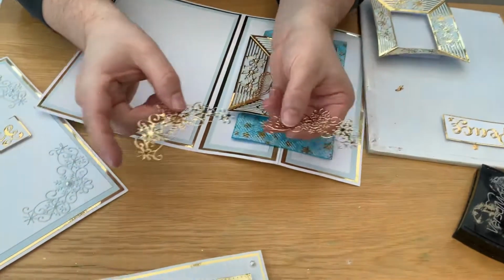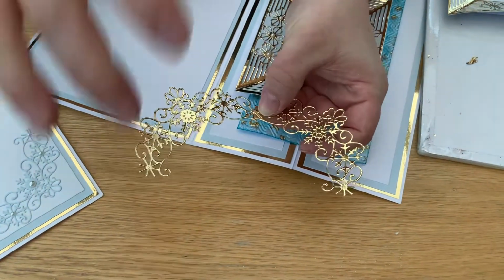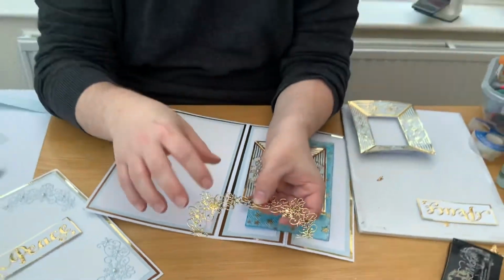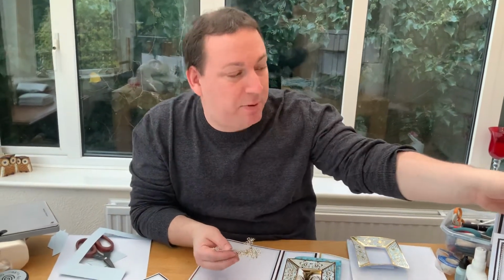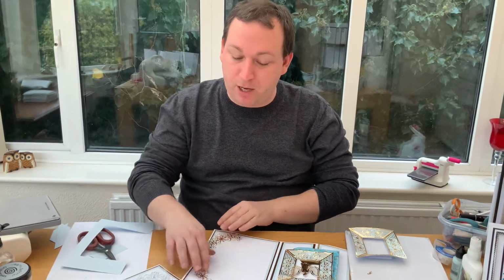So you can literally just glue them over the snowflake and put 4 together, and then that's the perfect area to pop a square, a circle, an oval, whatever you wish to, and turn that into a real nice decoration. And it makes cards like that one really, really simple to do. So for my one, all I was going to do is just glue the gold ones on to give you